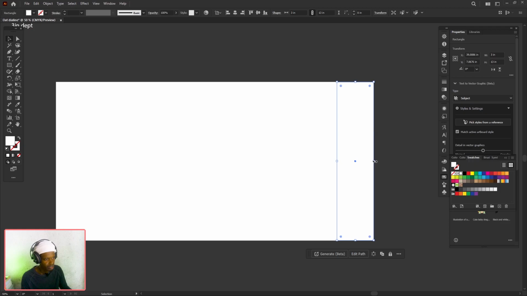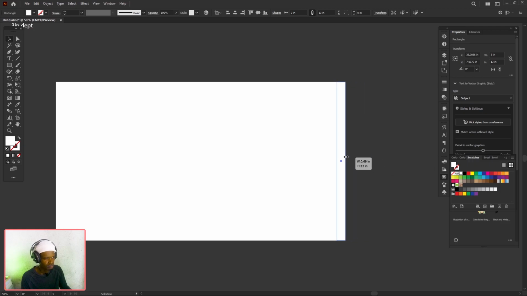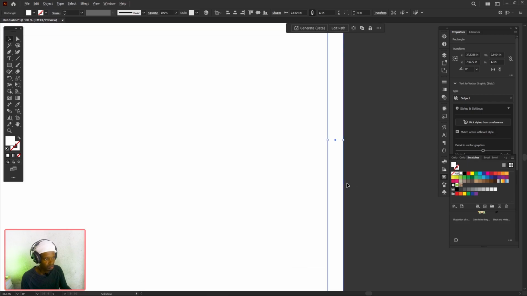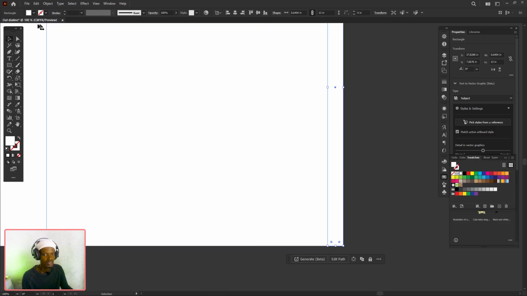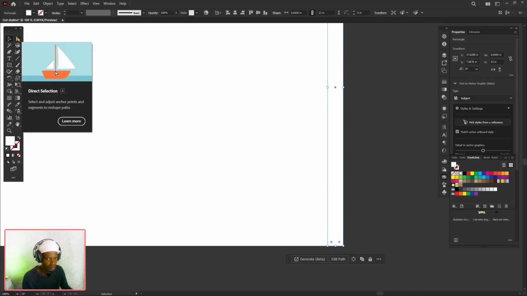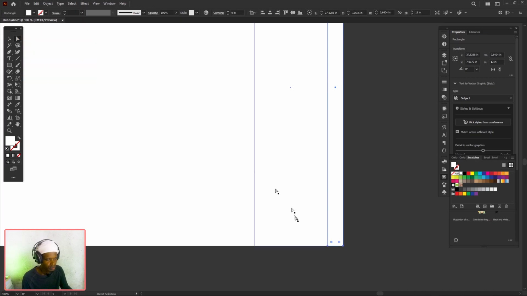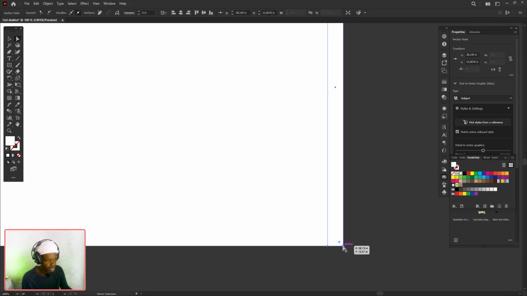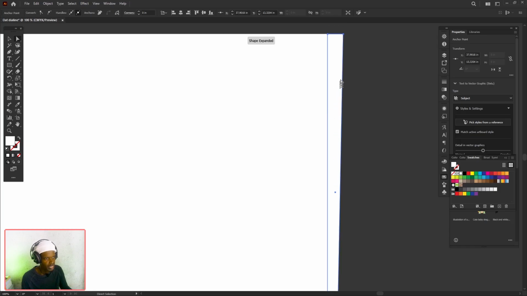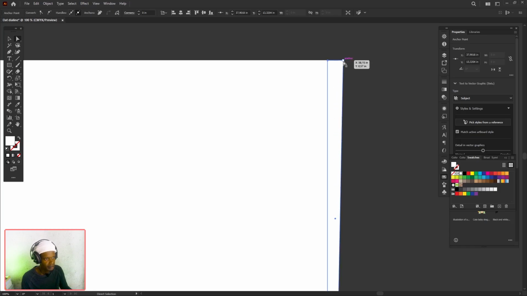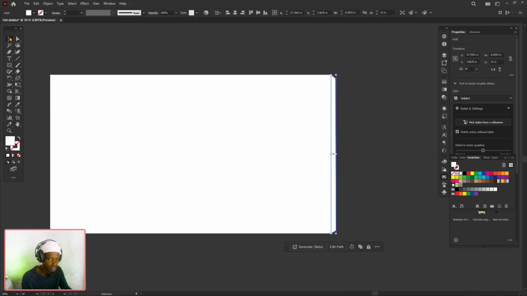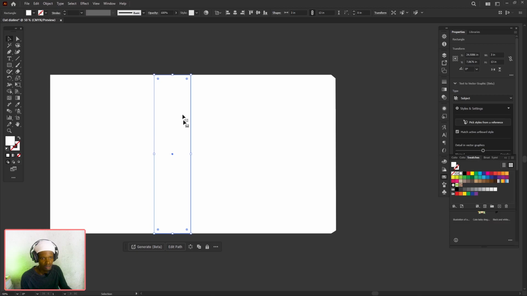I'm going to duplicate this one and again put it here. And I'm going to make it small, just eyeball it. It's okay. But this time, check it out. I'm just going to zoom in a little bit. This time I'm going to use the direct selection tool, so I can click on the anchors in the corners, and then I'm going to hold Shift again. Just put it in like that. Click this one. Now that we've done that, we're going to use the selection tool. Select this one because it's the depth,